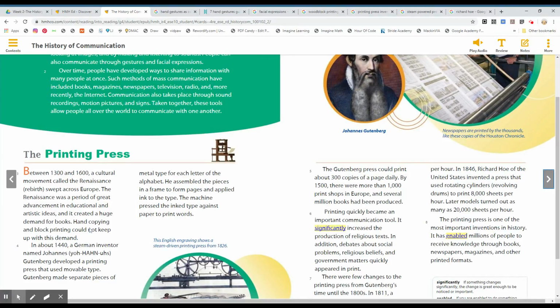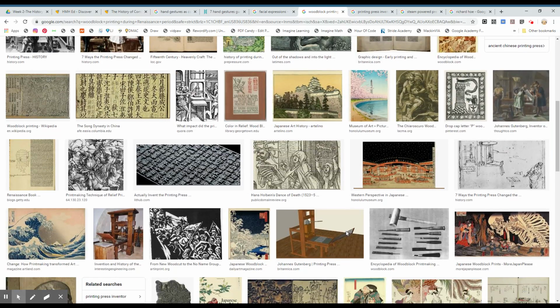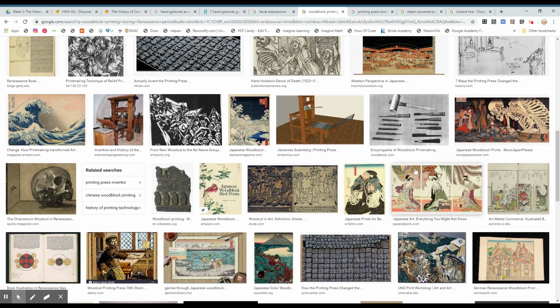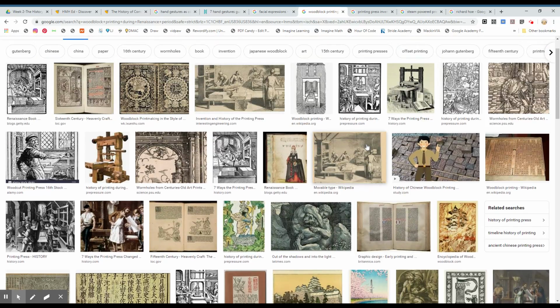Someone had to copy the books by hand, but they couldn't produce enough of them because the demand was so high. Block printing was the first way of printing books. And block printing, boys and girls, was where they would use tools and pieces of wood, and they would trace,